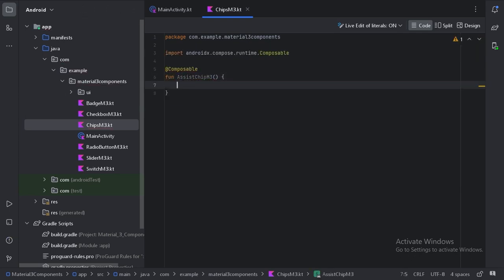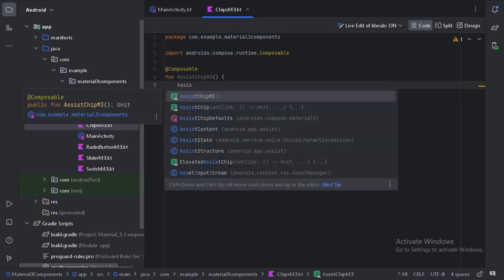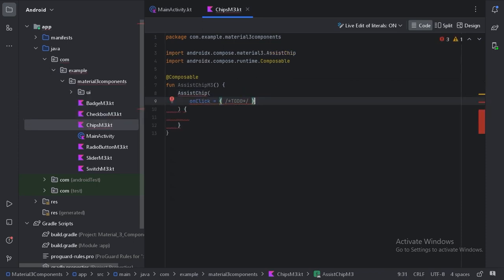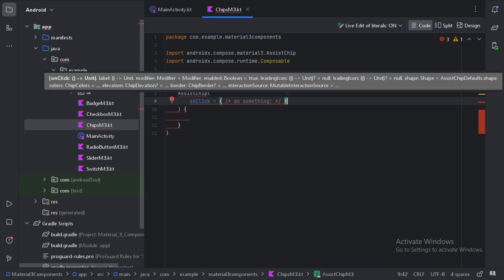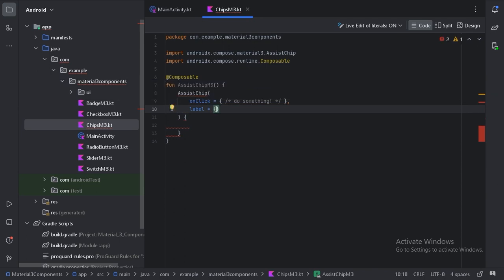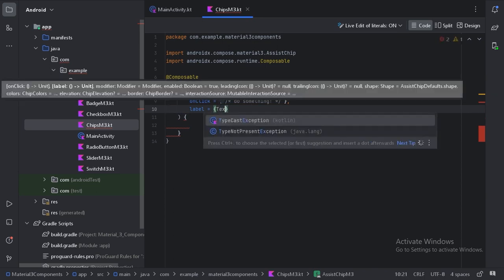So, first one, we will see how we can create an assist chip. For that, we have this AssistChip composable function which comes with Material 3. So here in this onClick we can provide the functionality. For now let's provide a simple comment like "do something", and for the other parameters let's press Ctrl+P, and here first let's use the parameter label. So here we can provide the label of this chip. For this label let's use a Text composable,